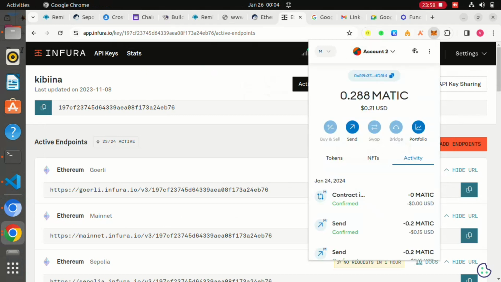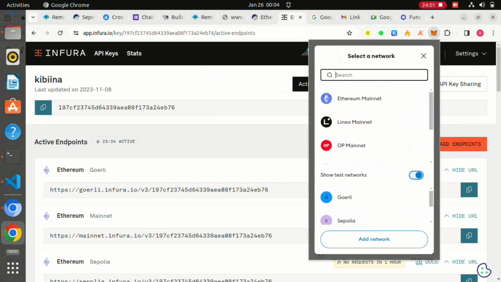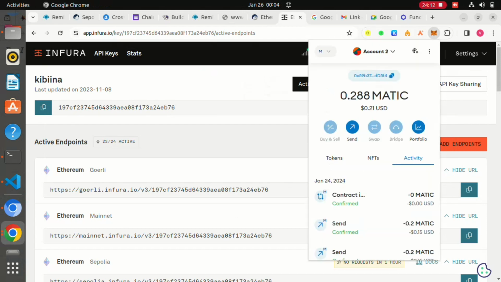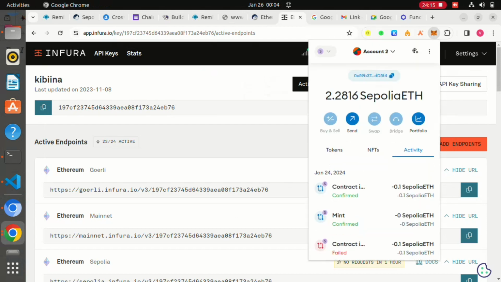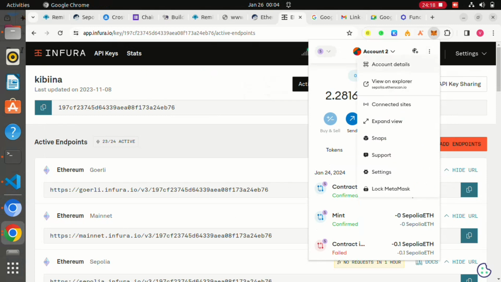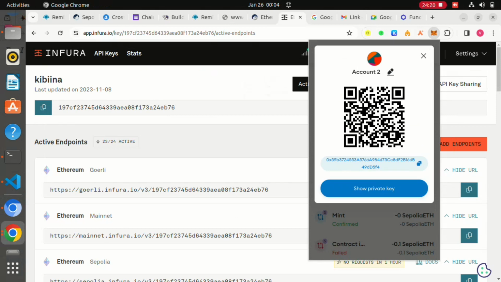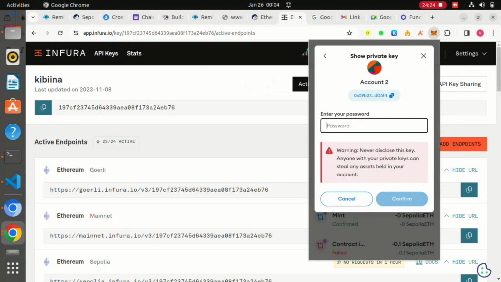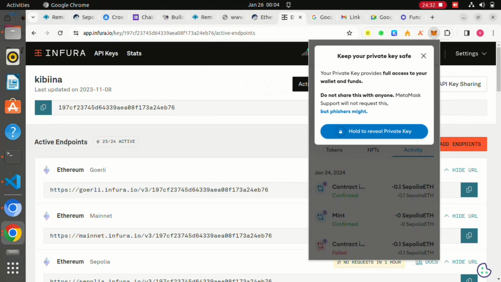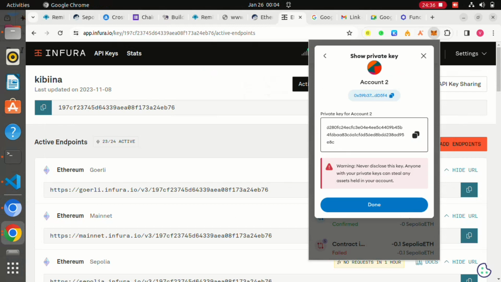Account 2, I'm on a mobile testnet, so let me change to Sepolia. Account details, show private key. With Remix, you don't need this since it uses an injected provider. Copy, done,